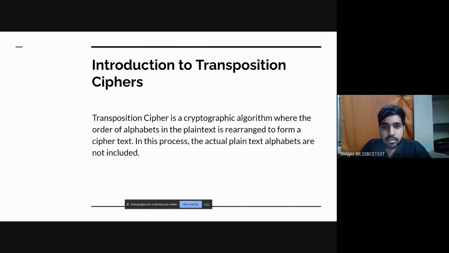Transposition cipher is a cryptographic algorithm where the order of alphabets in the plaintext is rearranged to form a ciphertext. In this process, the actual plaintext alphabets are not included. To be brief about it, transposition ciphers are a bit different from substitution ciphers, whereas substitution ciphers replace each set of the different letter or symbol to produce a ciphertext. In a transposition cipher, the letters are just moved around. The letters or words of the plaintext are reordered in some way fixed by a given rule, which is the